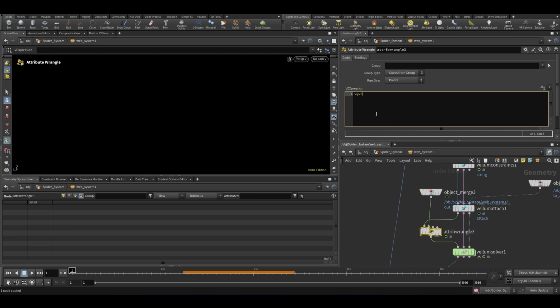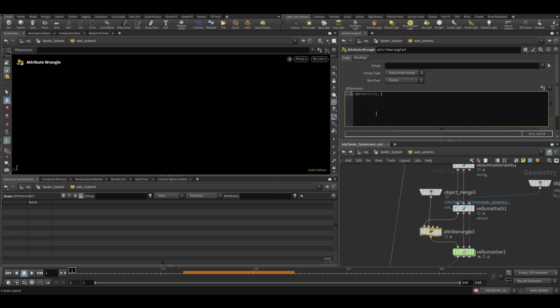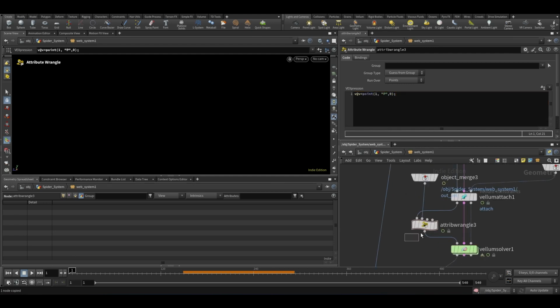V is equal to point, first input, position and zeroth point. We are only going to have 1 point. Okay,